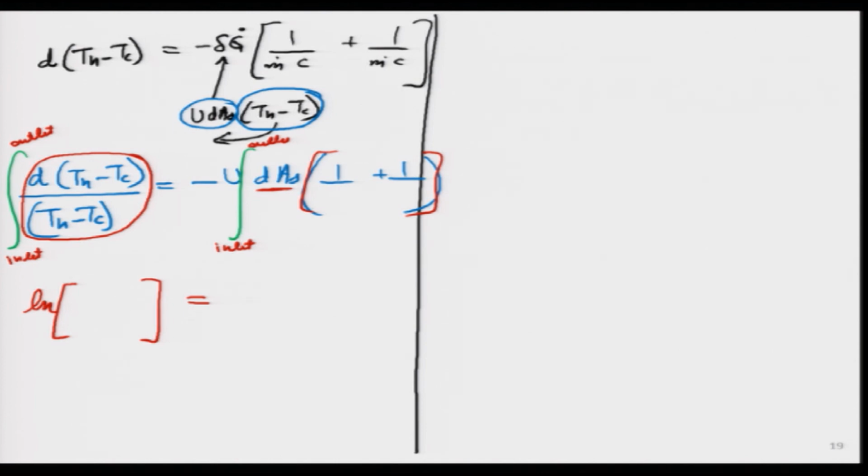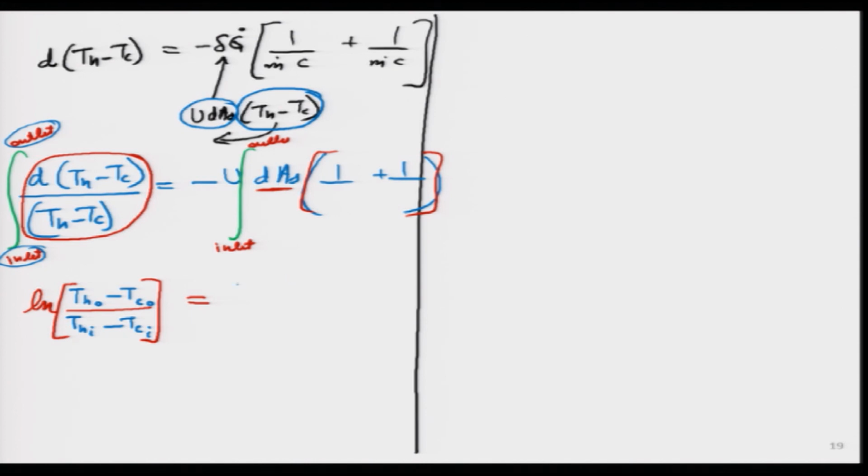Then what I am getting is something like this. Again I am trying to do two steps at once. I am integrating and I am also putting the limits. So, inlet limit and outlet limit I am putting. Let me see if students are able to follow. If not, then I will do it again, do not worry. Tho minus Tc inlet. This is Thi minus Tc inlet. Can you see the limits that we have put over there? This bottom 'inlet' is because of this limit over here. The top 'outlet' is because of this limit over here. Okay. I hope you are able to understand.